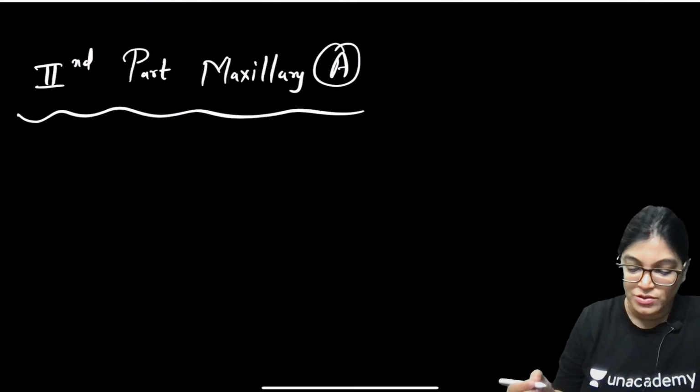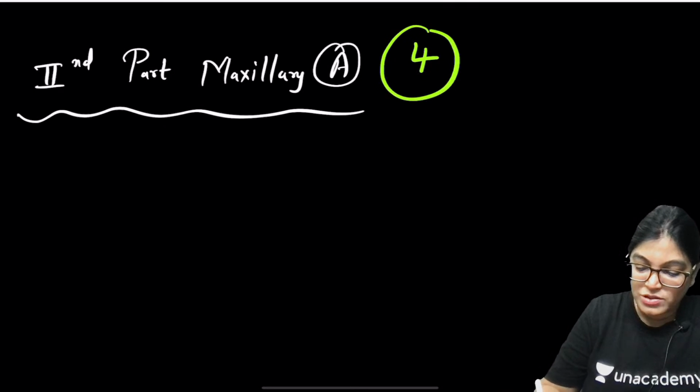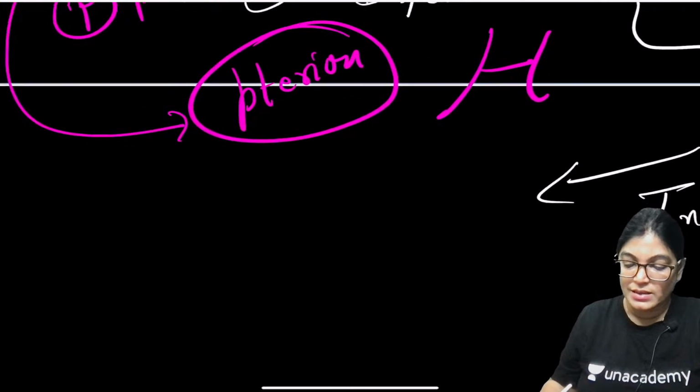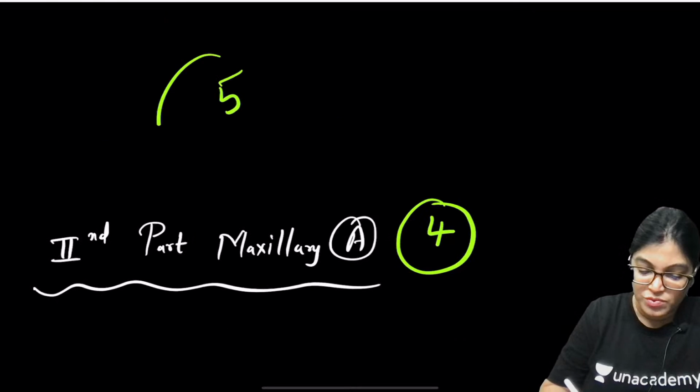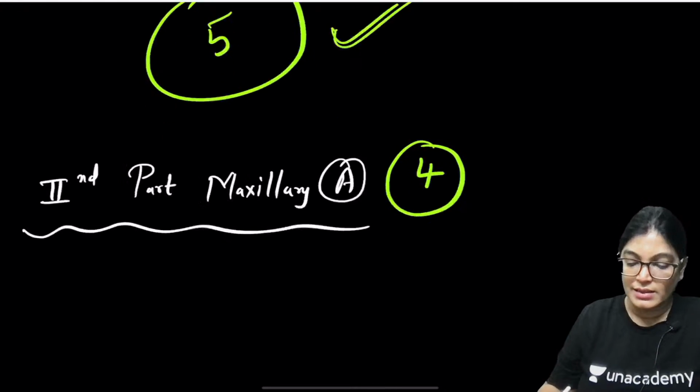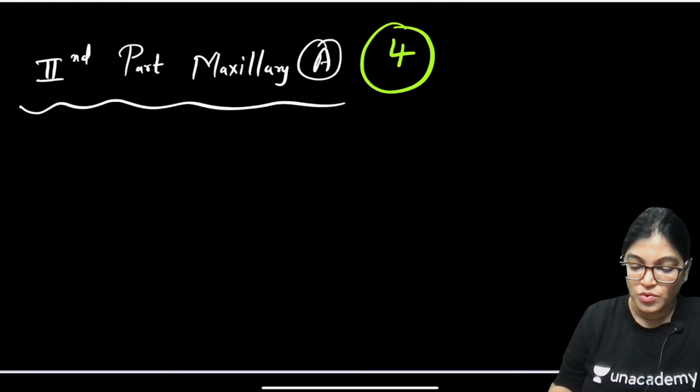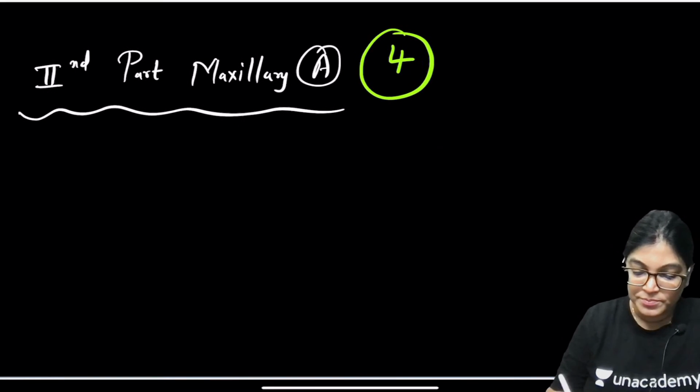We have got 4 branches. So we have got how many branches? 4 branches from the second part. We have already seen the 5 branches from the first part. We have already done the discussion of that. So now let's move on to the 4 muscular branches from the second part. The branches are